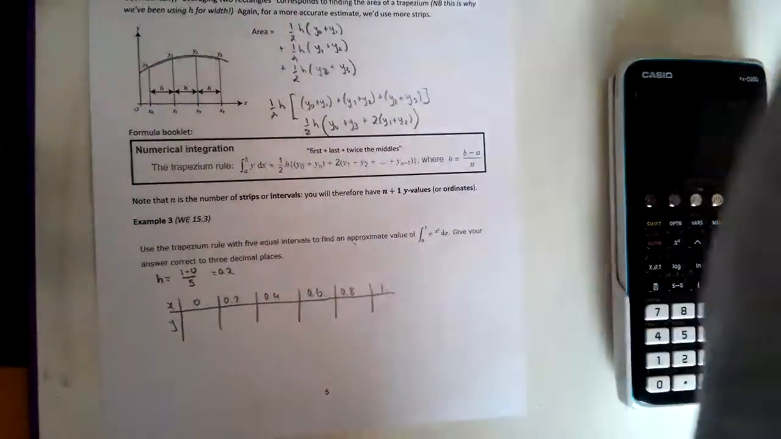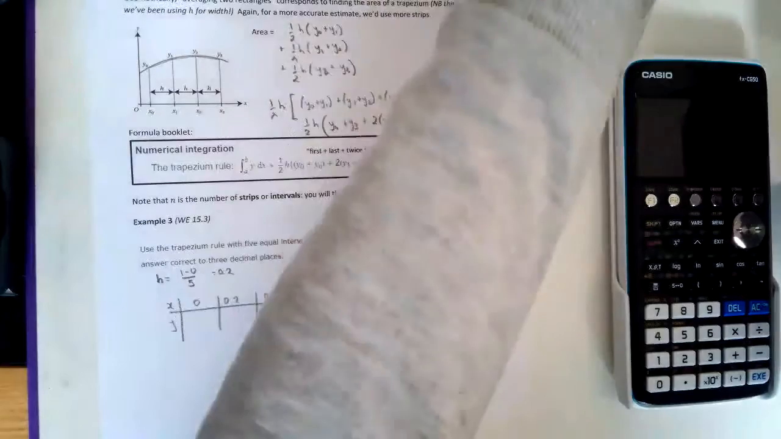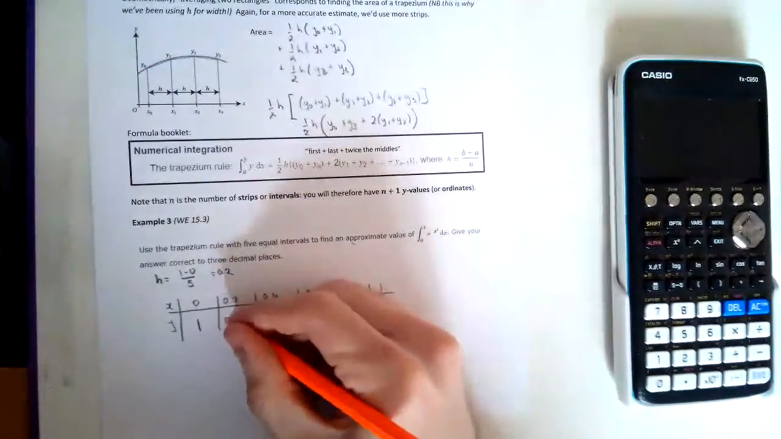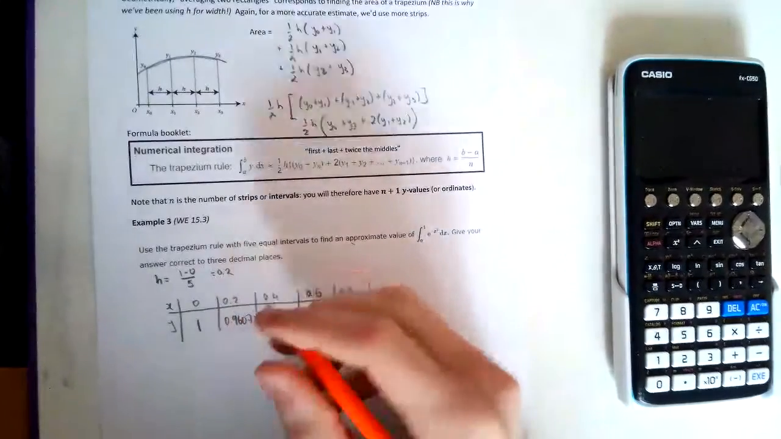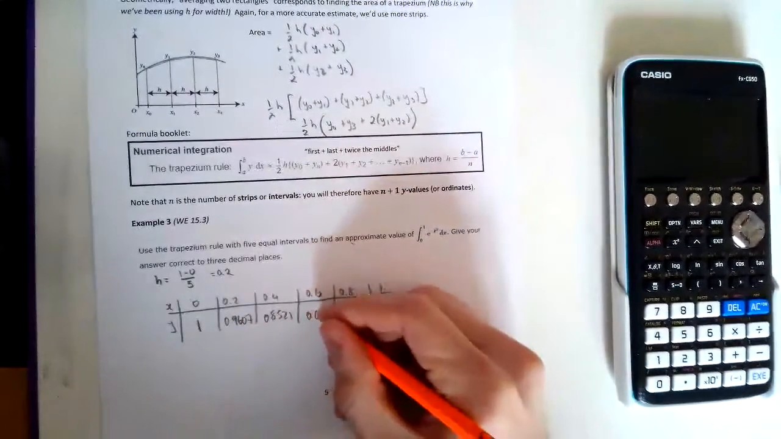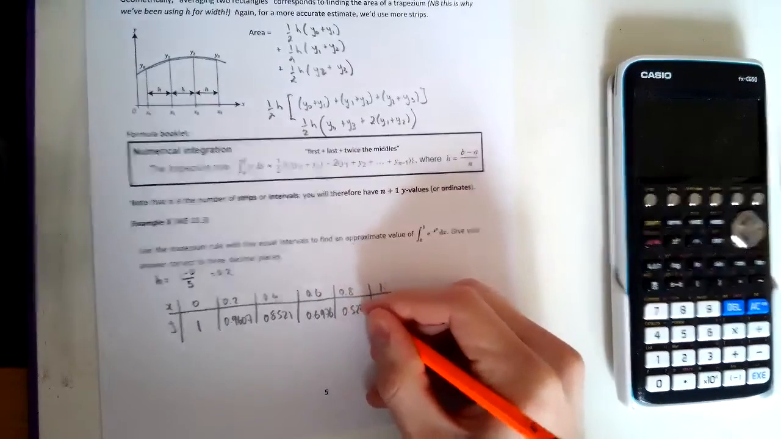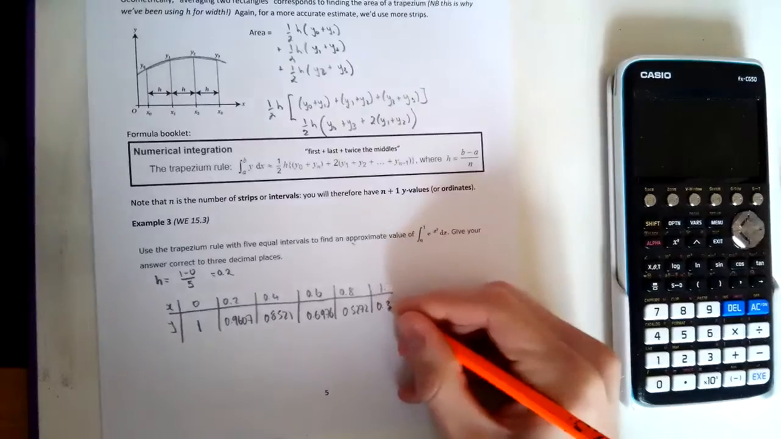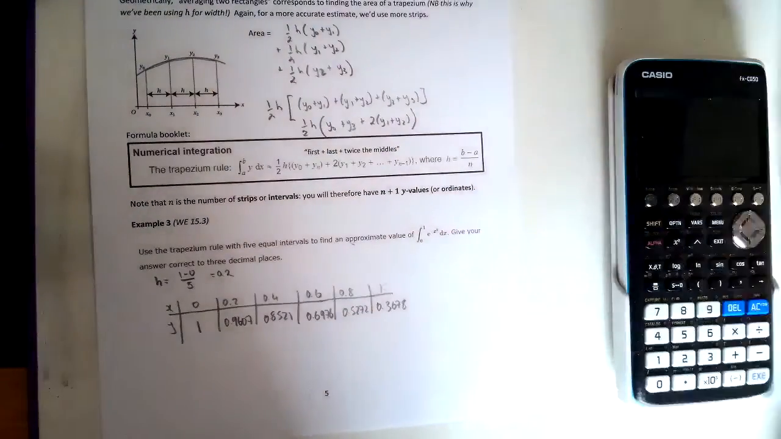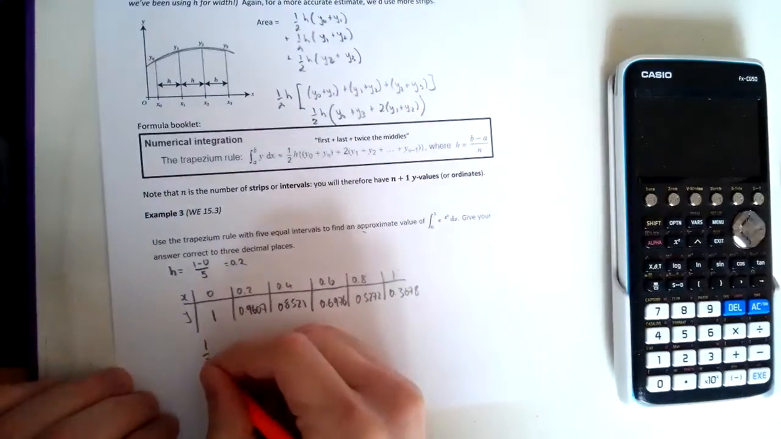And then use the table. I'm going to cheat. I'm going to flick back to my notes, which you can, and get your values. So it's 1, 0.9607, 0.8521, 0.6976, 0.5272, and 0.3678. So I've just got my numbers, and then the trapezium rule just says it's half times h,